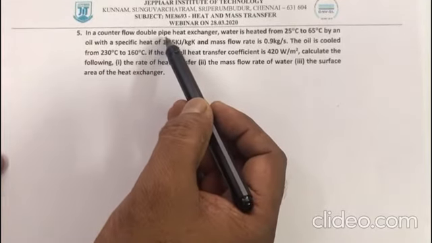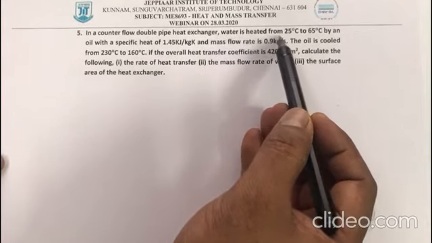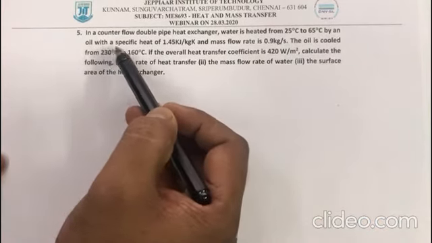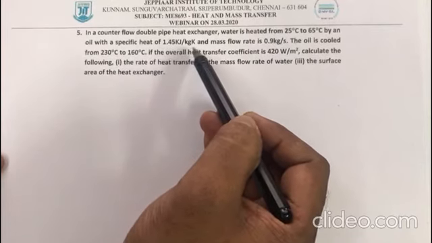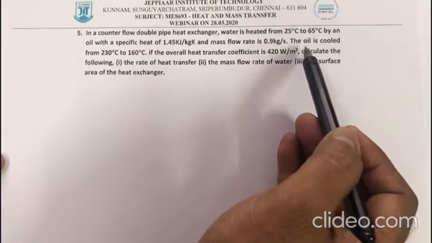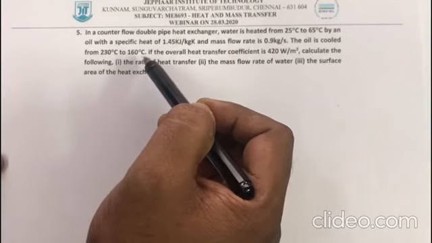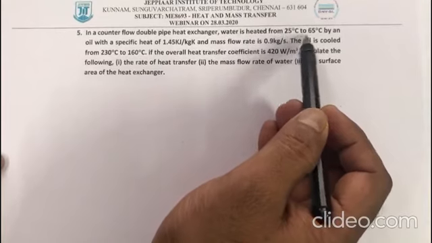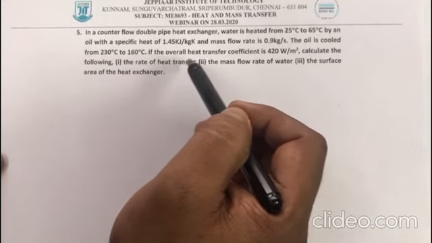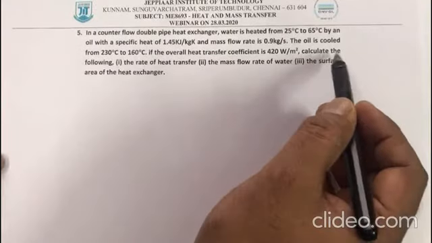So we have a heat exchanger here in which water is heated from 25 to 65 degrees Celsius by using an oil with specific heat 1.45 kilojoules per kg Kelvin and a mass flow rate of 0.9 kg per second. So this oil is cooled from 230 degrees Celsius to 160 degrees Celsius. Because of heating this water from 25 to 65, eventually the oil will get cooled. So if the overall heat transfer coefficient is 420 watts per meter square, you should calculate the following: